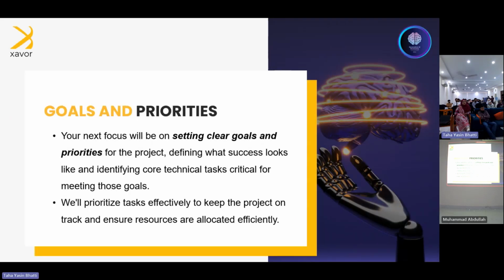So after going through these steps, you are going to make an orientation around the goals and the priorities of it. So you will be actually leading our technical students in maintaining the goal orientation. What goal needs to be achieved at first hand and what has the second priority, and all. Then